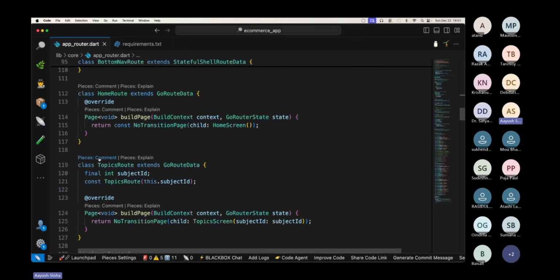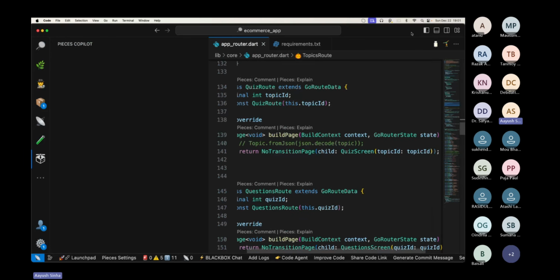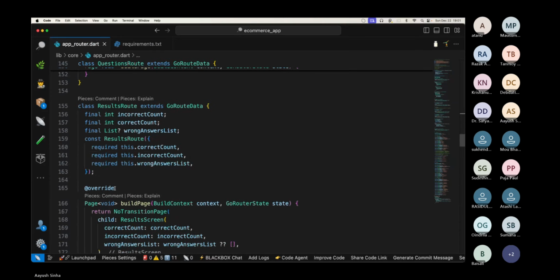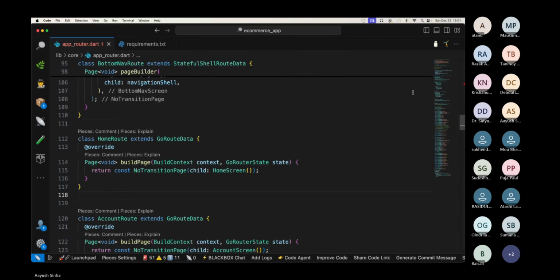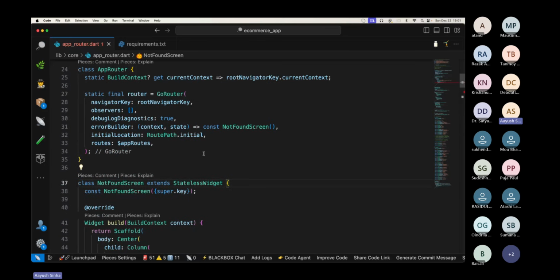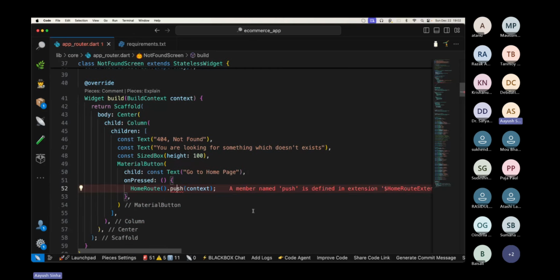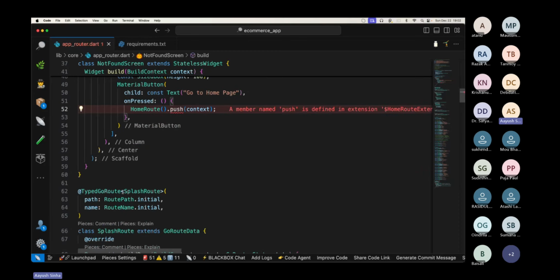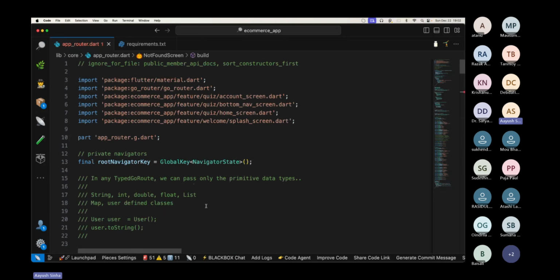I will also remove the route classes from here. Let me run the command again. Maybe there's some issue